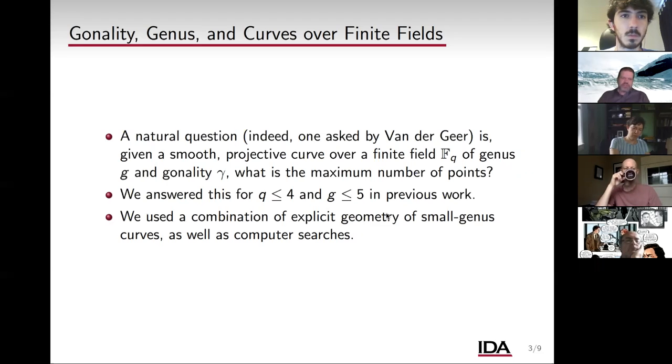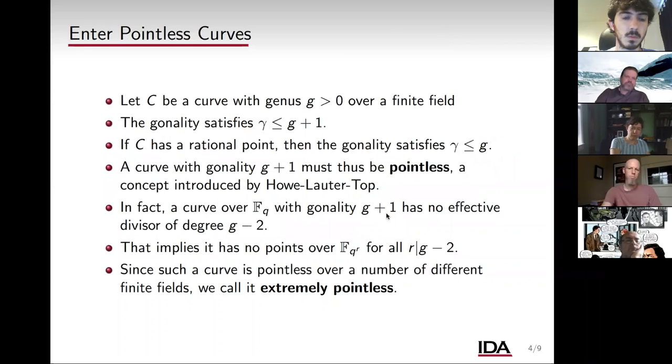And the question is, what happens when you filter by gonality gamma? So we looked at relatively small genus curves over binary, ternary, and quaternary fields in previous work, but for some of them you could make an argument, and some of them you just wanted to do a computer search, hopefully in a clever way, as not to take too much work. But this led us to this question that I'm going to talk about today, and this definition of pointless curves. So there's this upper bound on the gonality